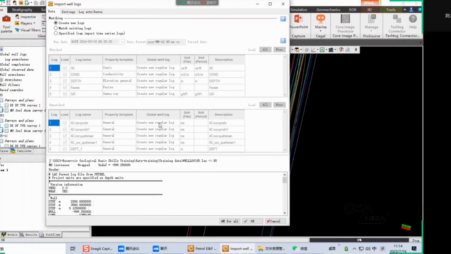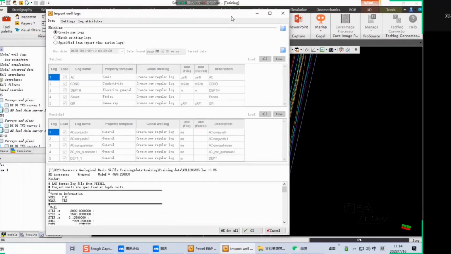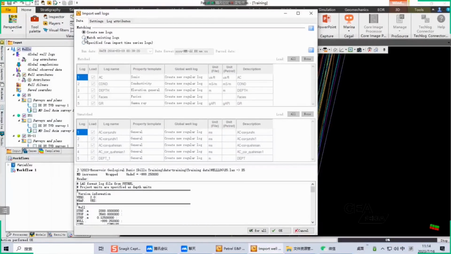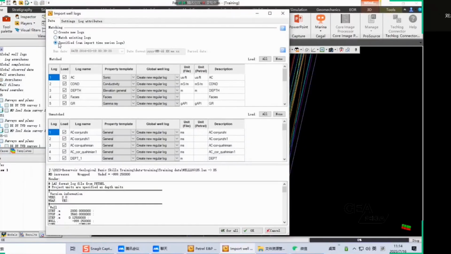Here we need to check. At first, we need to check here. It's important. We need to check match and specify or create new. At first, we need to select the specifier. Here are some log names and some property templates recognized and the